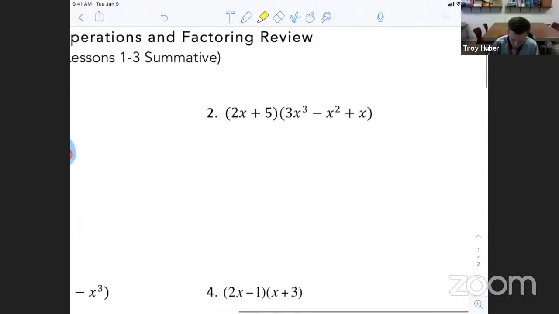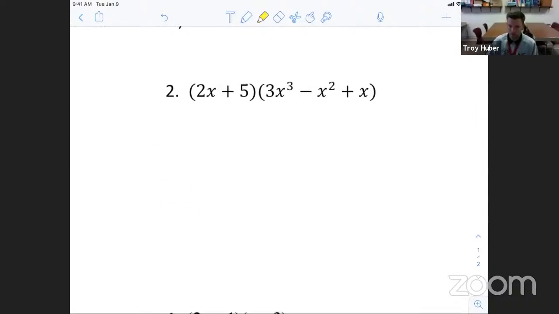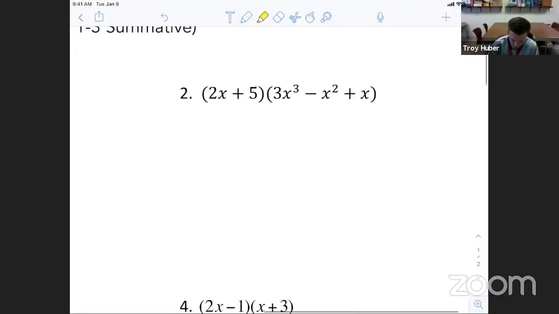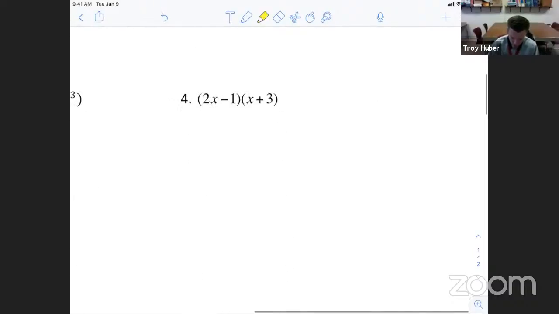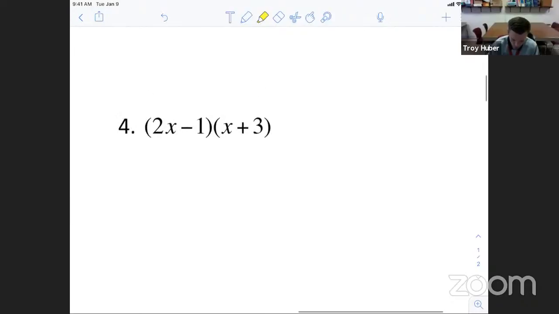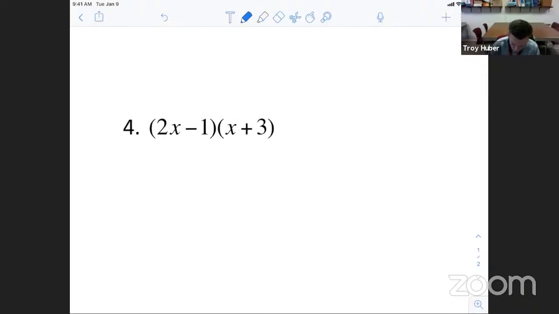Let's look at number 2. This one's a little different. Now we are multiplying. Whenever you're multiplying, you have to multiply all of those parts together. So it might be a little bit easier for us if we first look at number 4. So let's go to number 4. Number 4, we learned